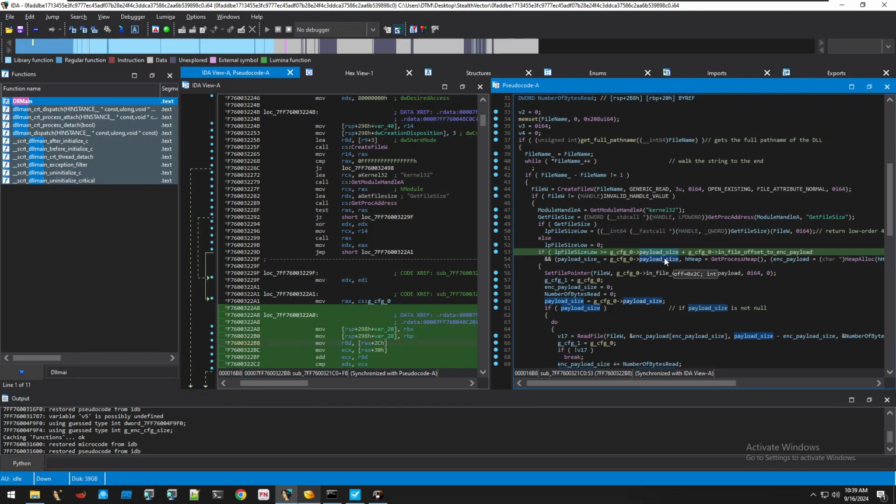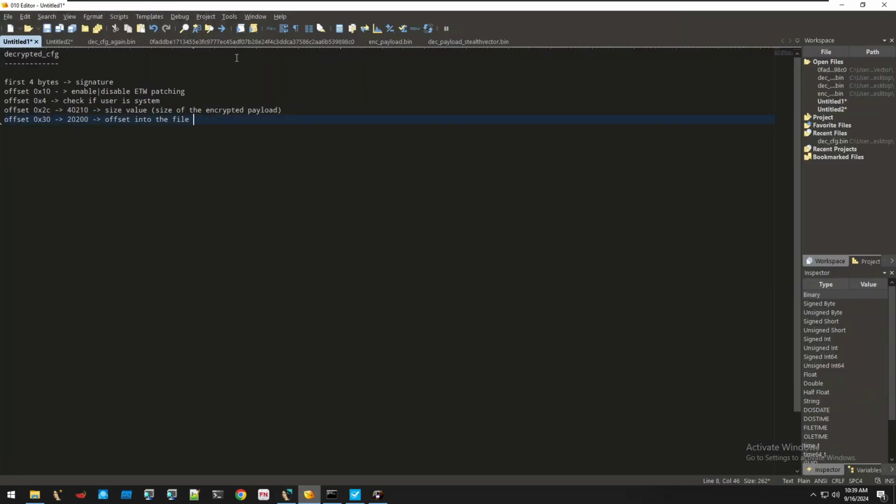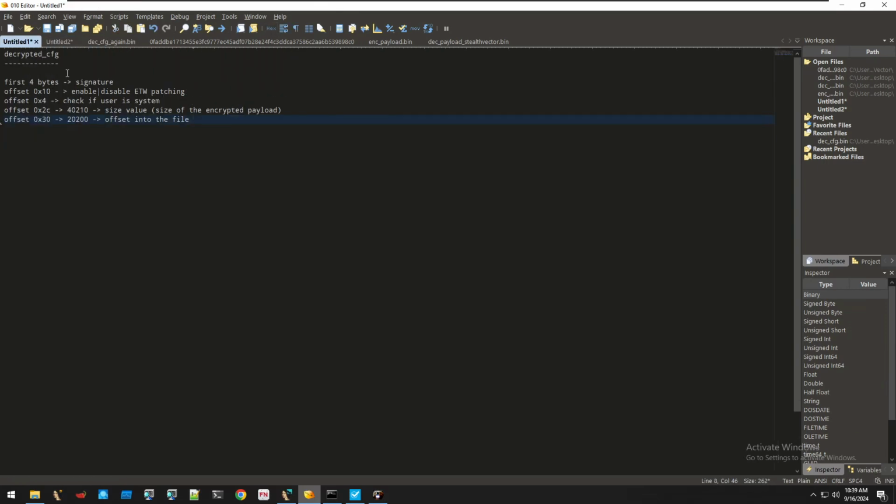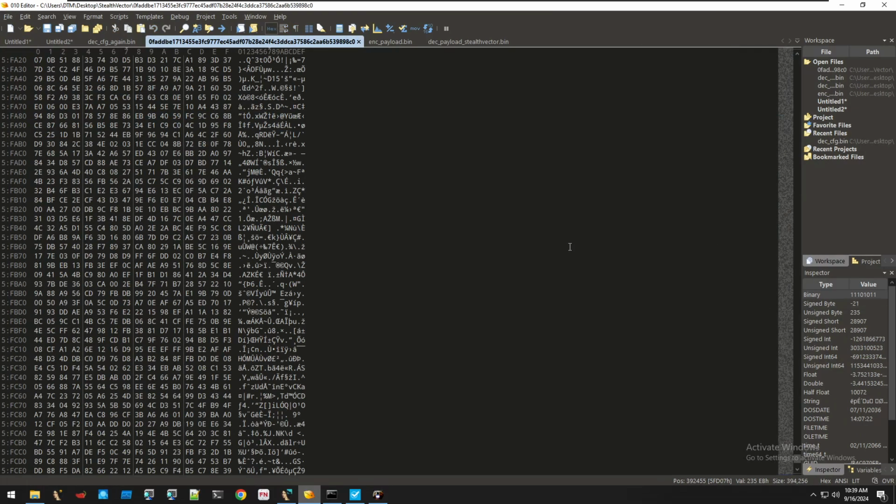So it's actually reading the size, reading the in-file offset to the payload. I think this is whatever is the keyword at an offset of hex 30. If you check this as well, back to our editor, you see this is hex 30. It's a 0202. So this is going to be your offset in the file. If you navigate to this offset in the file,